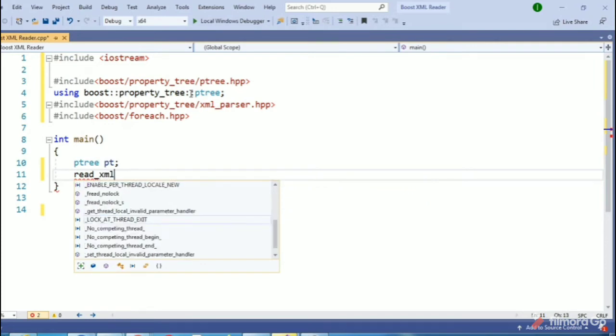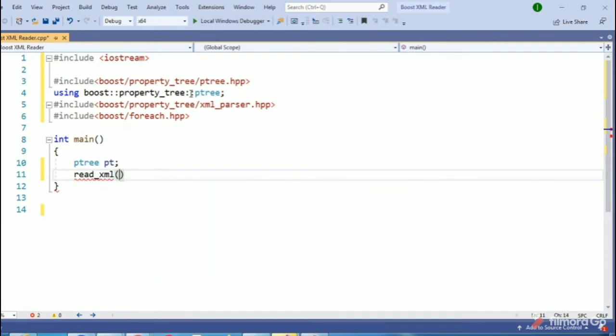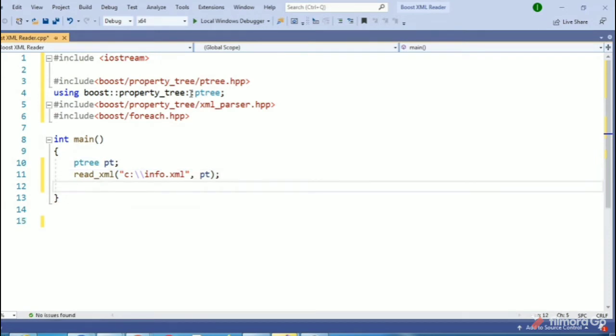Then we will use the API read_xml, and then we have a file in the C directory. We will add its name, then we will pass this pointer pt here. So now the API has been used.